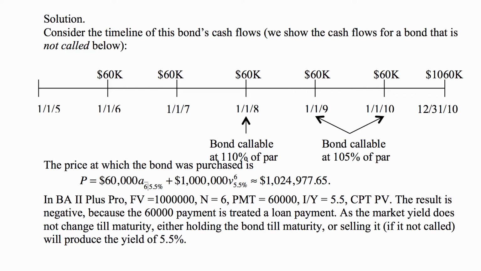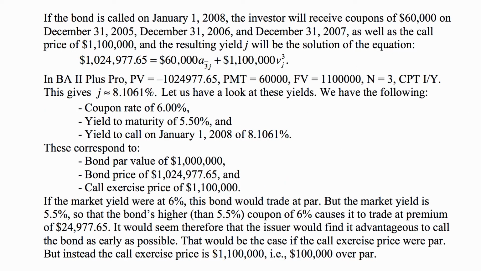As the market yield does not change till maturity, either holding the bond till maturity or selling it, if it's not called, will produce the yield of 5.5%. Of course, if the bond is called, you may get a different yield because it's not called at the price that would necessarily produce the market yield. So if the bond is called on January 1st, 2008, the investor will receive coupons of 60,000 on December 31, 2005, 2006, and 2007, as well as the call price of $1,100,000, and the resulting yield will be the solution of the equation